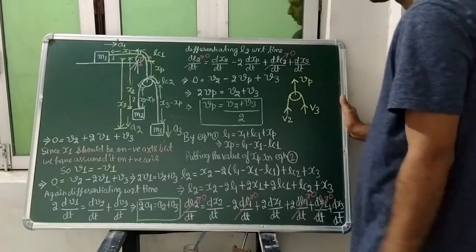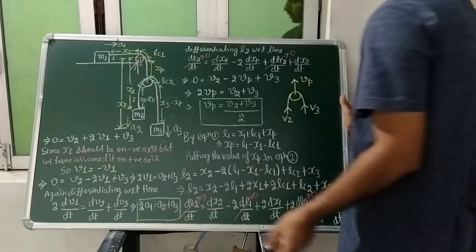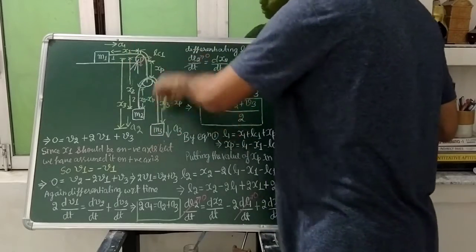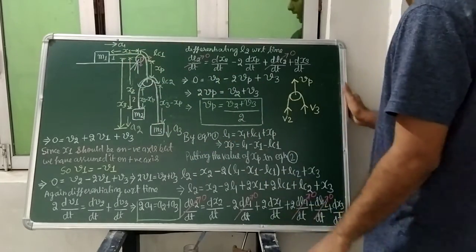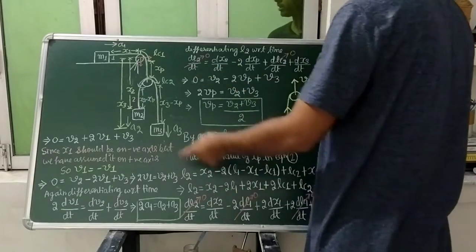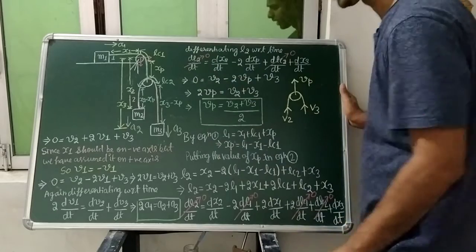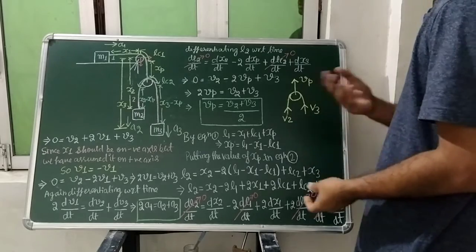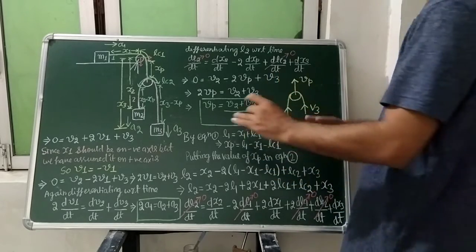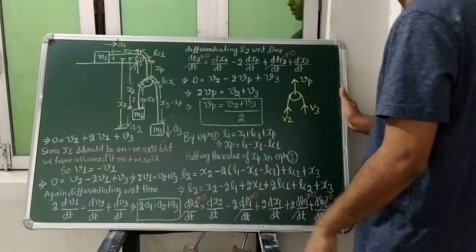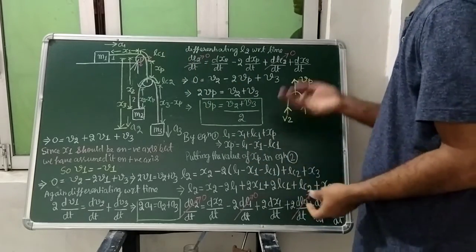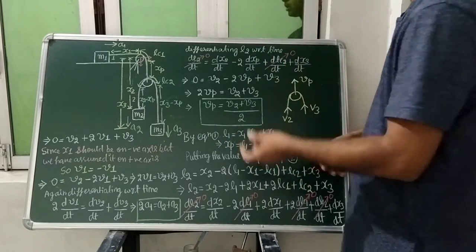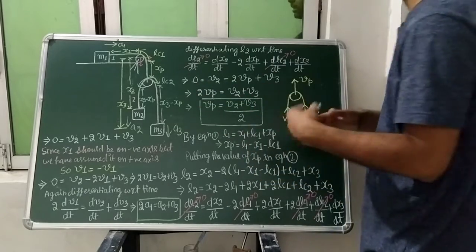The meaning is that from here we can conclude that if A1 is in this direction, then both A2 and A3 are also going to accelerate in the same direction. Or if it is accelerating in the anti-clockwise direction, they will also accelerate in the anti-clockwise direction. But in the short trick method, from our side we had assumed the acceleration. Since we had assumed the acceleration from our side, that expression will show you, whatever your assumption, what the relation between them is.